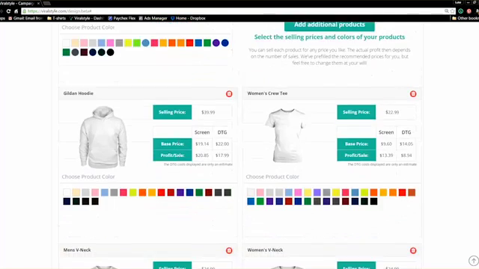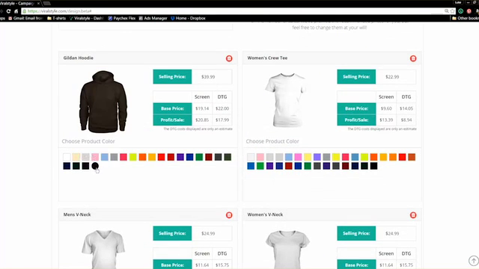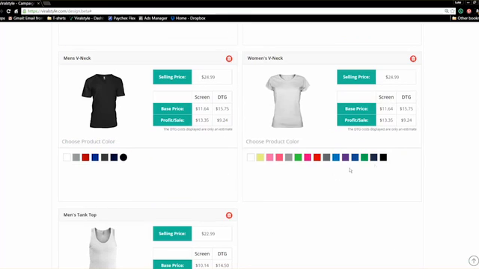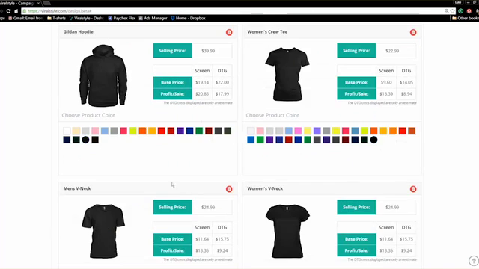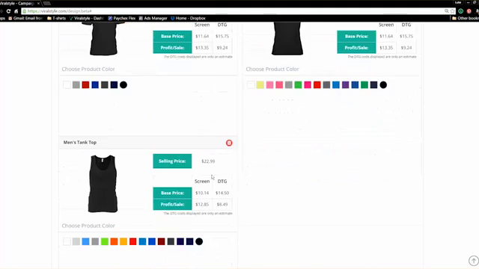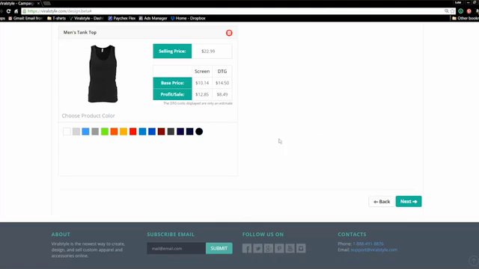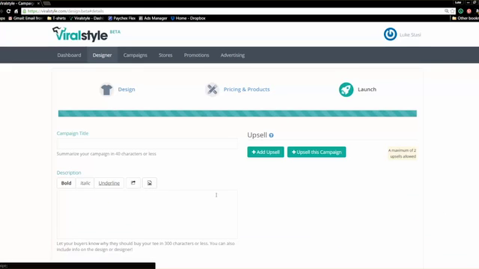And then what you can do is go through and pick all of the different colors. So obviously, whatever your main color is, select that one first, since black was our main. And then you can go and add additional colors to each design as you desire. They don't all have to be exactly the same, but I'm not going to bother doing that. You can plug and play on your own. If you click next here, it's going to bring you up to where you can start plugging in your campaign